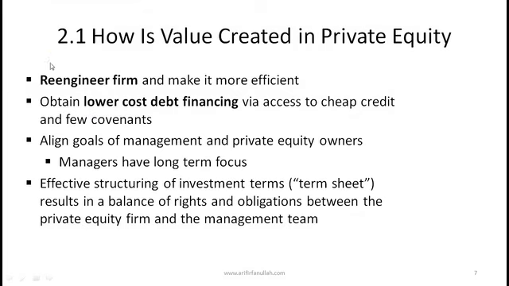Now section 2.1 talks about how value is created in private equity. So where does the value come from? This is simply one of the learning objectives in this reading. The core points to know: one way of creating value is to re-engineer the firm and make it more efficient. So why has Abraj done so well? They have done well because in general they have done a great job of buying out poorly performing companies, making them a whole lot more efficient, and selling them at a much higher valuation relative to what they initially bought the company for. How and why does that happen?